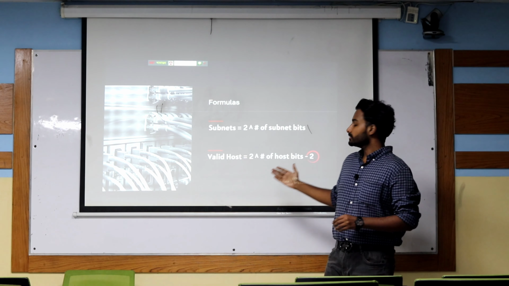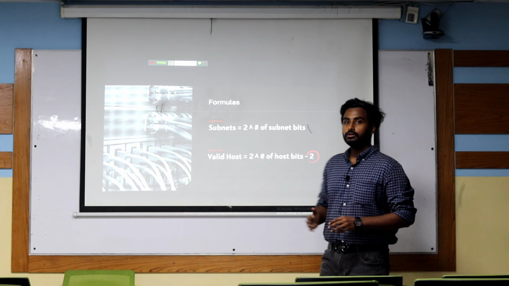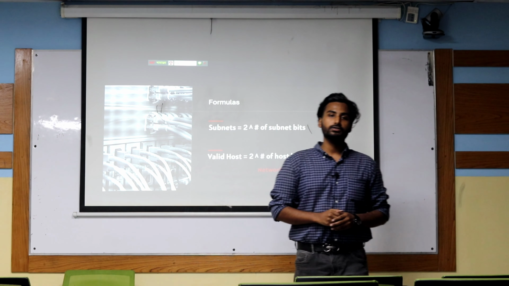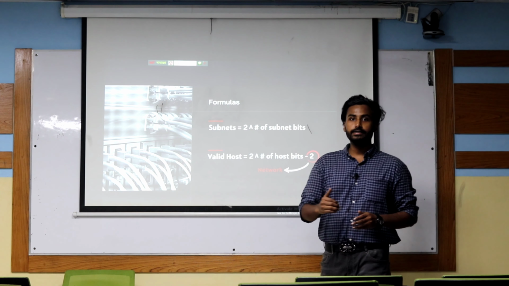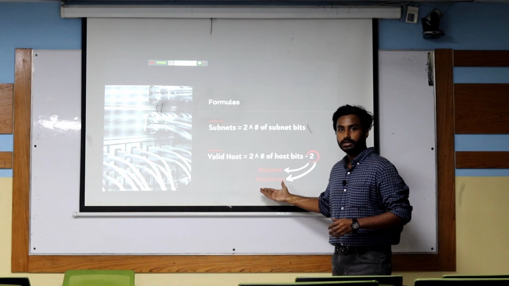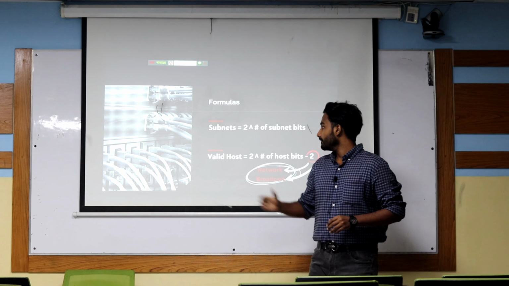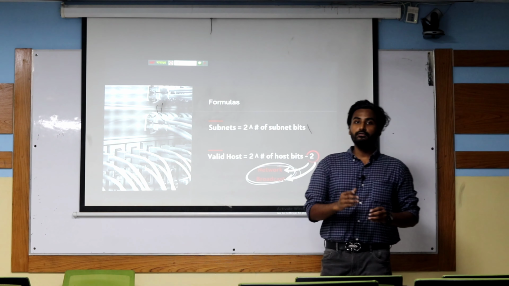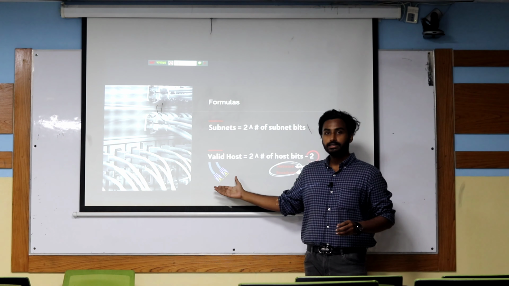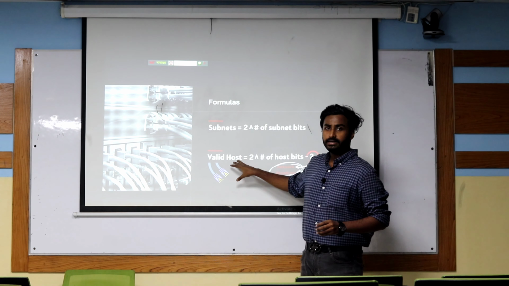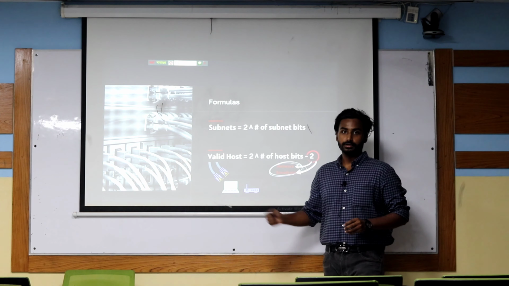We have to subtract 2 because in a network the very first address is the network address and the very last address is the broadcast address. So we can't allocate those two as valid hosts,